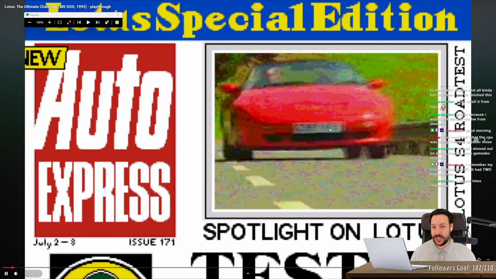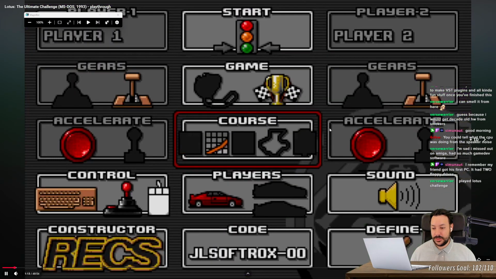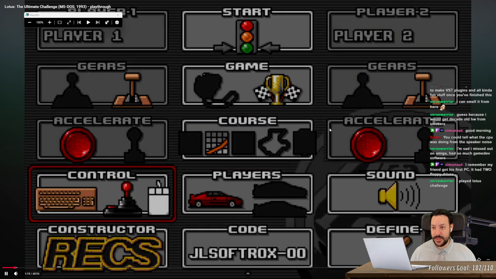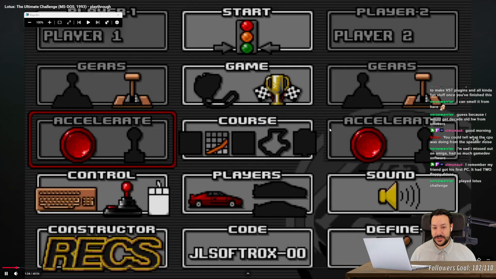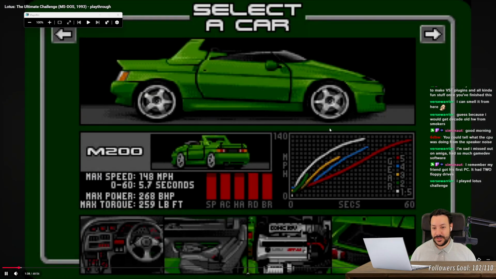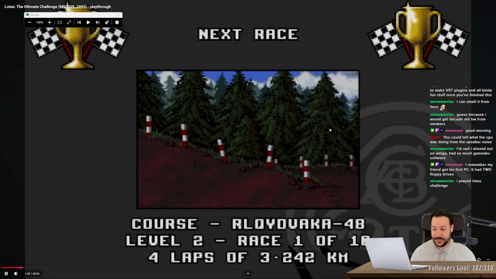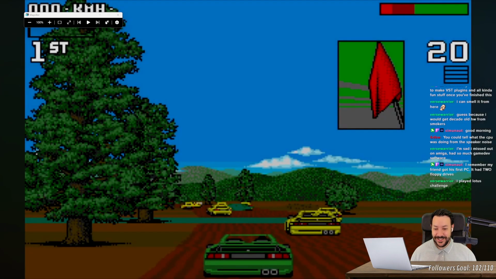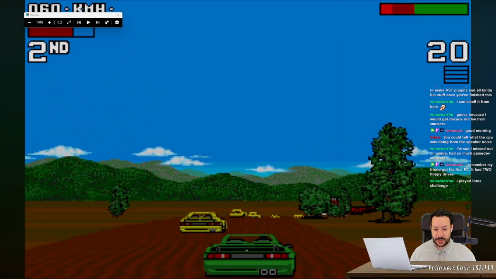Lotus, the ultimate challenge. Pretty cool. Oh, I remember these menus so much. Maybe I should make a DOS emulator or something, and then try to play Lotus in my emulator. Why not? But that's more a software emulator, not really hardware.